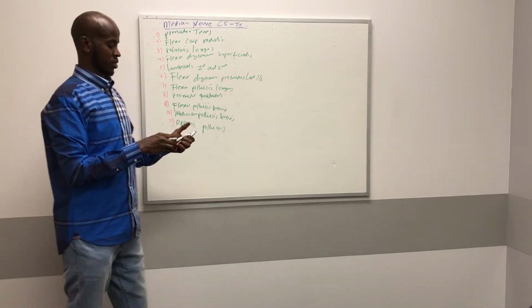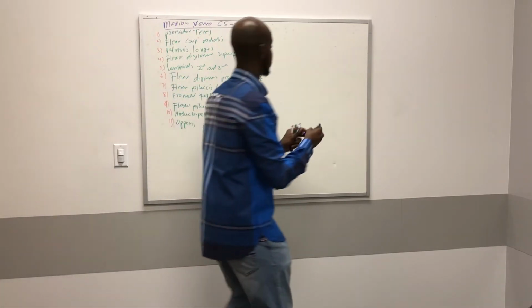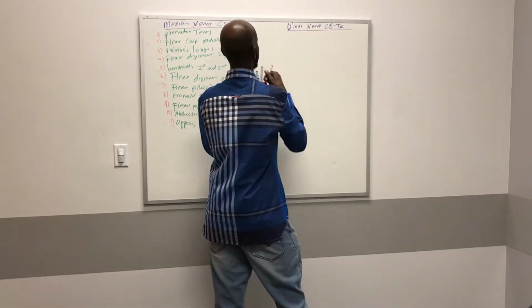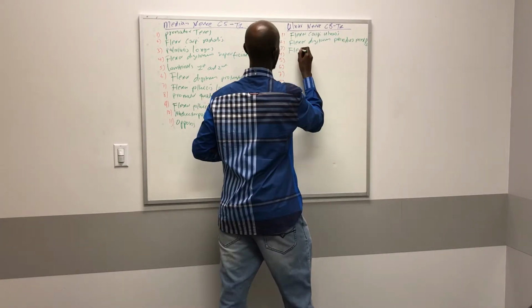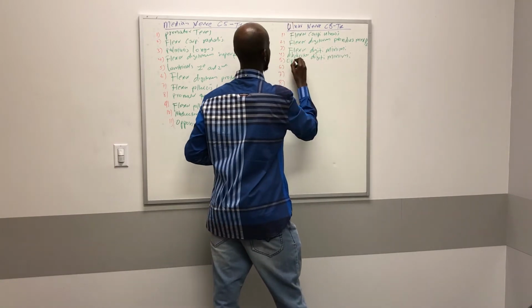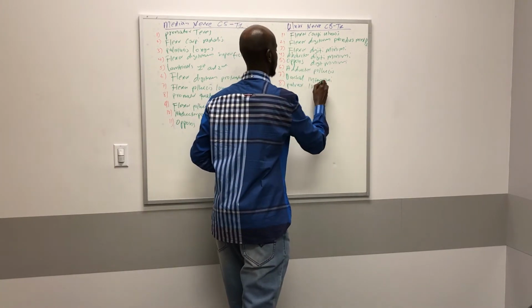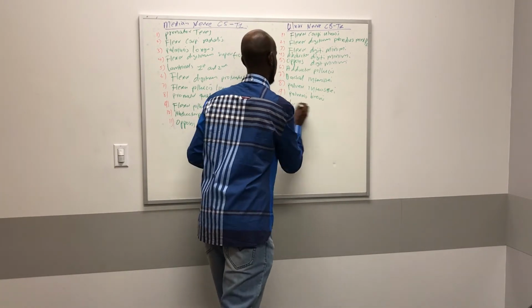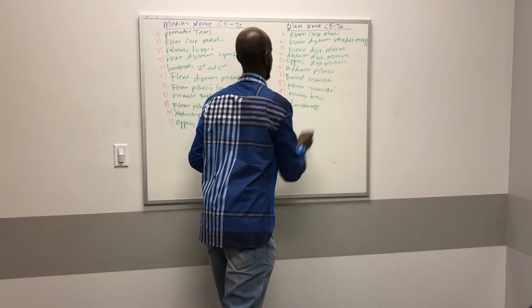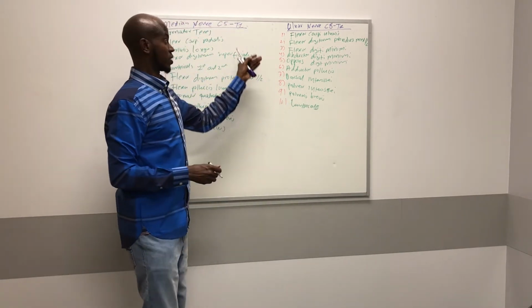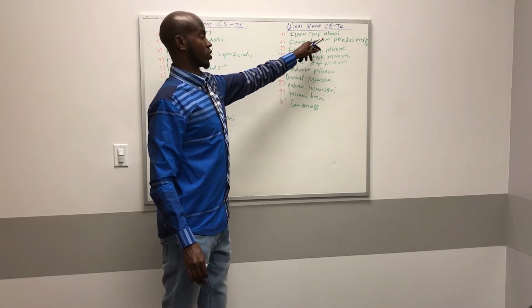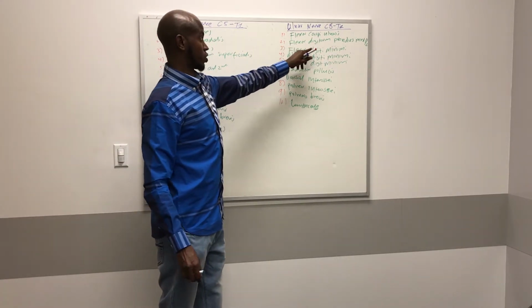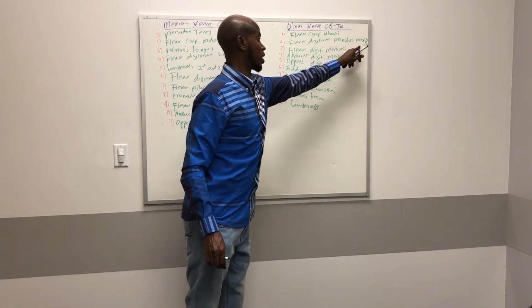Moving on, the ulnar nerve now. Okay, these are the 10 muscles that are supplied by the ulnar nerve. Start from the top again. Flexor carpi ulnaris, flexor digitorum profundus, the medial half,